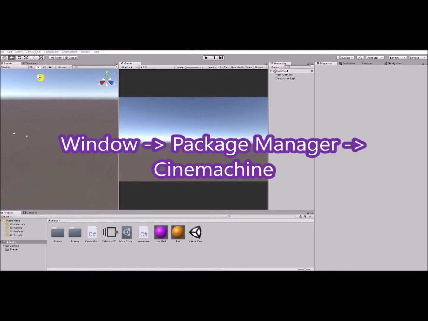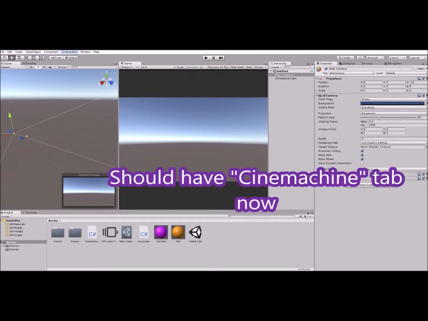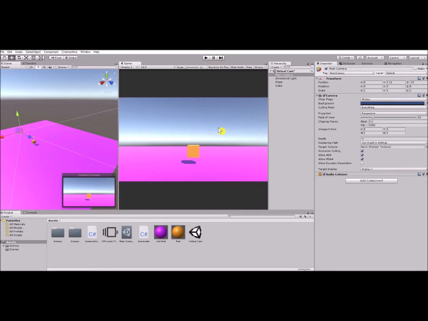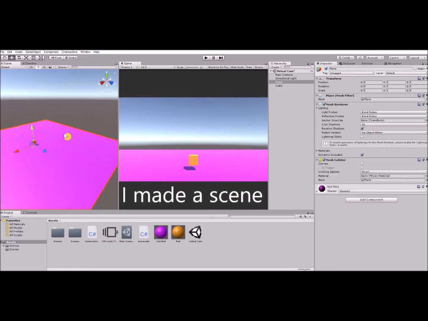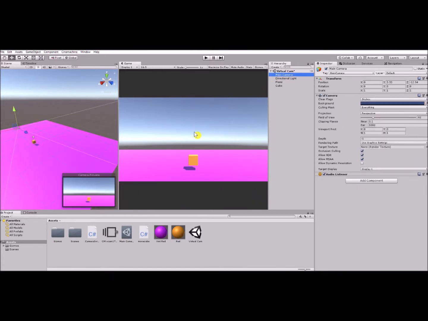Once it's all installed, you'll notice there's a new tab at the top that says Cinemachine that's been added. So obviously we're going to be using that. Behind the scenes here, I made a scene. It's just got a plane and a cube. Very basic stuff, so we can see what's going on here. Feel free to do the same, and when you're ready, we're going to go up to the Cinemachine tab there,